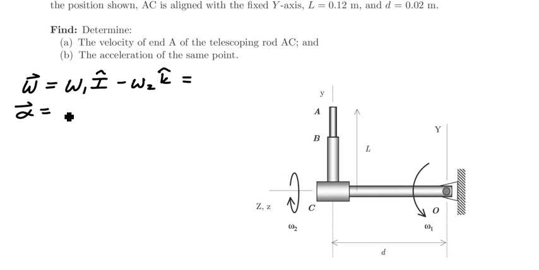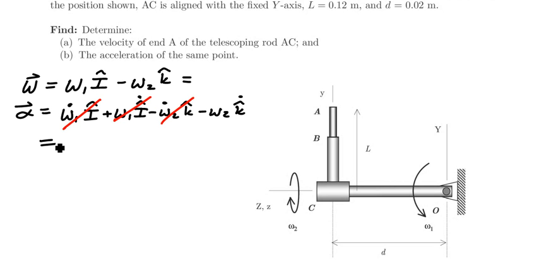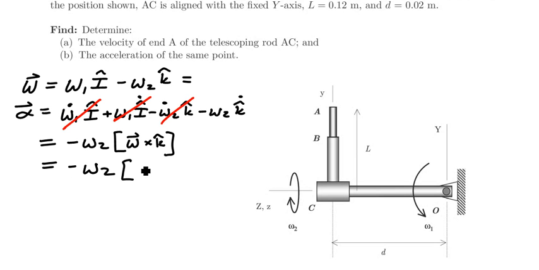By the product rule of differentiation, this is going to be equal to omega 1 dot in the capital I, plus omega 1 in the capital I dot, minus omega 2 dot in the lowercase k, minus omega 2 in the lowercase k dot. If I note that my rates of rotation are constants, the first and third term will go away. And if I note that the capital Y axis is a fixed axis of rotation, the second term will go away as well. This is going to leave me with an angular acceleration equal to minus omega 2 times quantity omega cross lowercase k. If I do some substitution here, I can re-express this as minus omega 2 times quantity omega 1 in the capital I, minus omega 2 in the lowercase k,